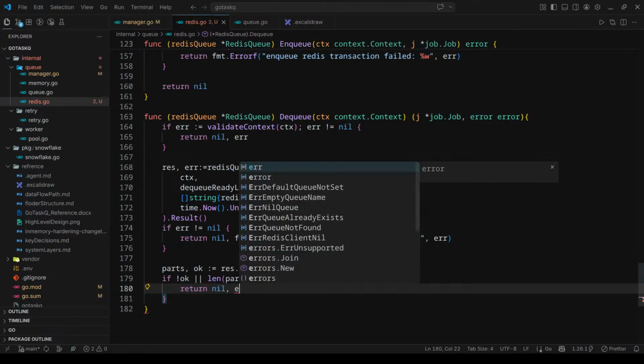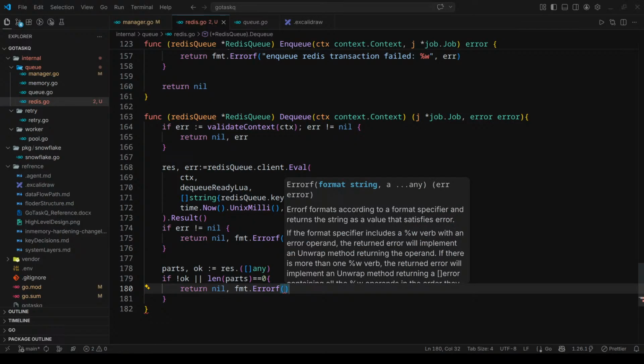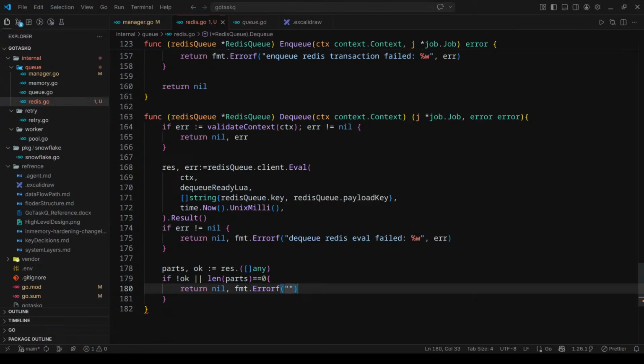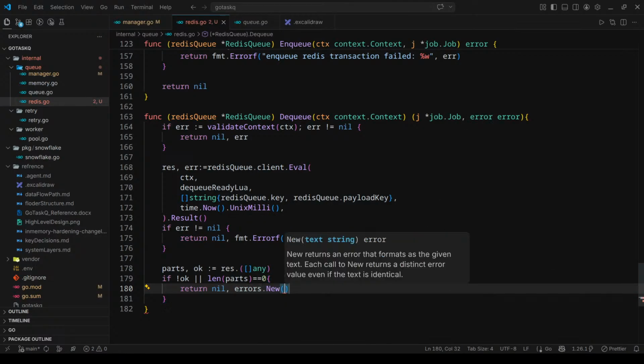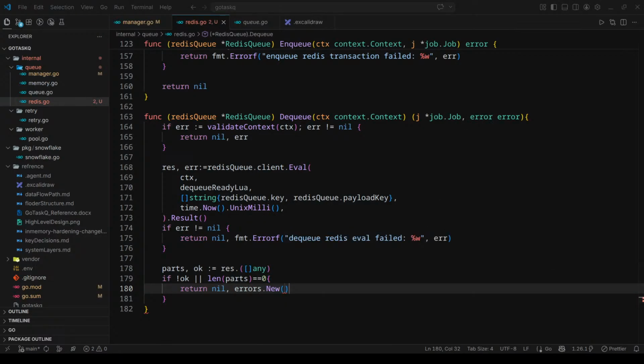comma, fmt dot errorf, which will be, I don't need fmt currently. I'll use errors dot new, which will give us unexpected response, something like that. Expected the Redis queue response. Okay,